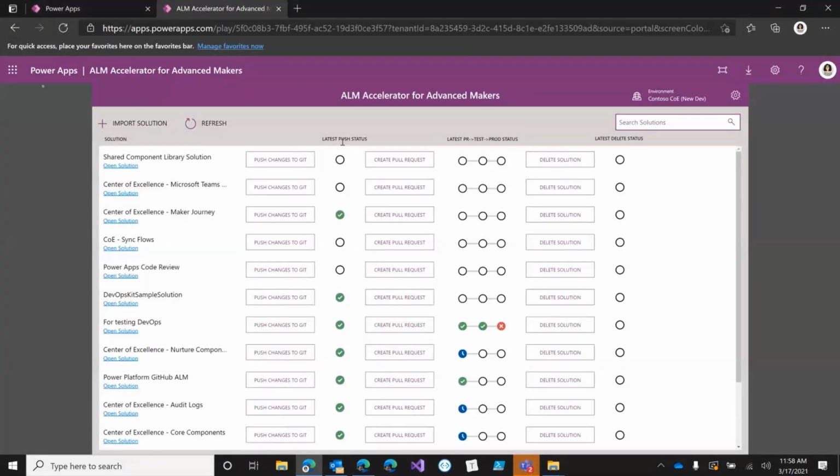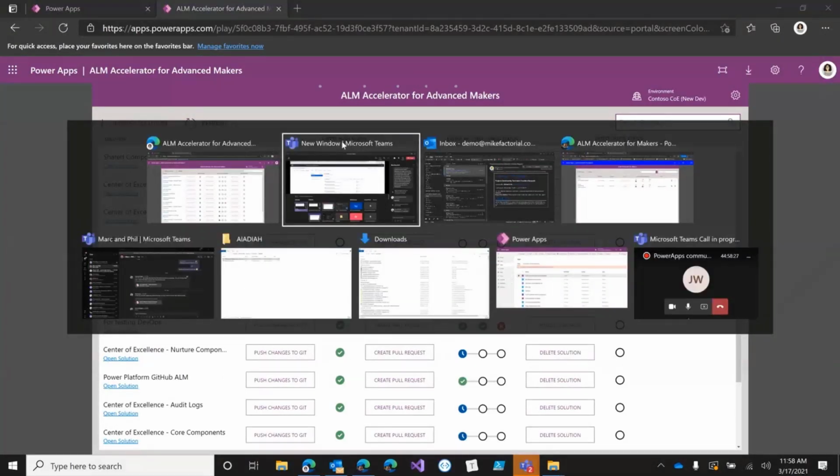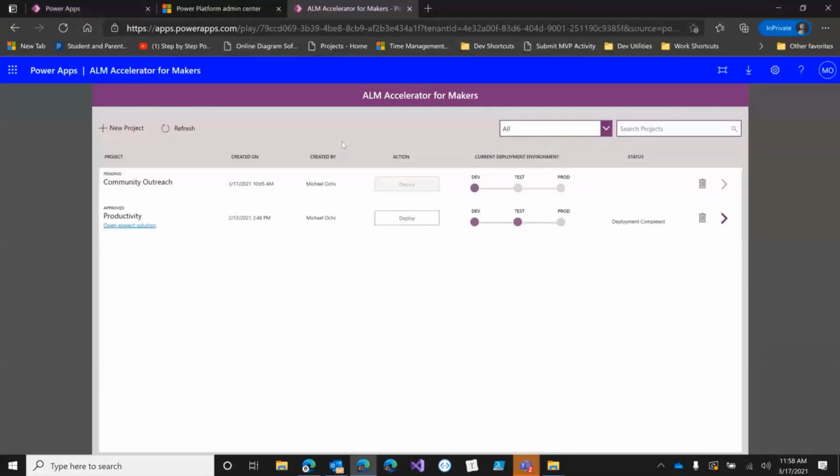All right, so essentially what Phil just walked us through is the basis for all ALM within Power Platform. So once you have the understanding of how solutions work and what components are solution enabled, our decision was to take that a little bit further and build a couple of reference applications on top of the ALM that exists